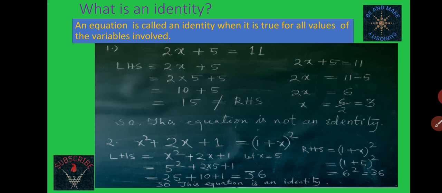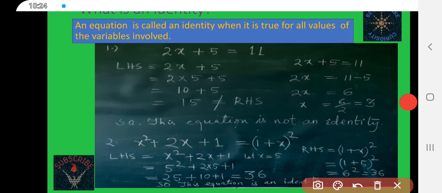See, what is an identity? An equation is called an identity when it is true for all values of the variables involved. So, for example,